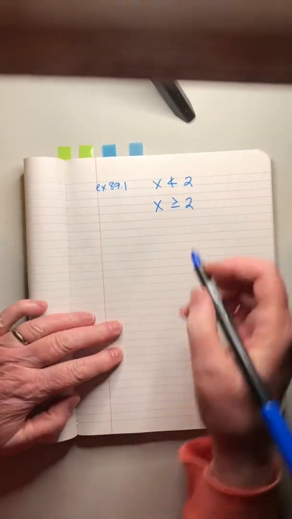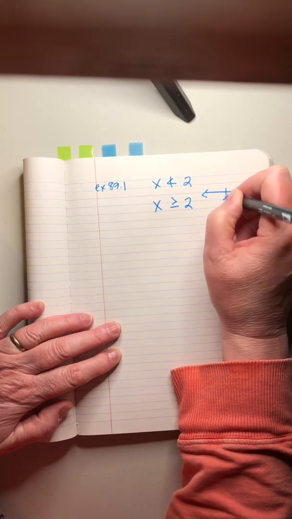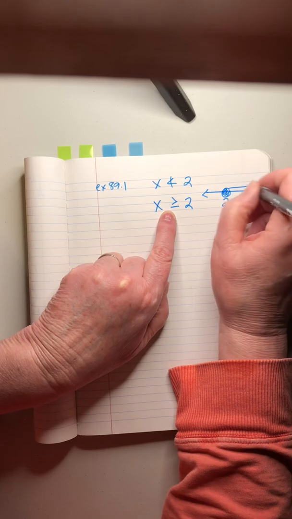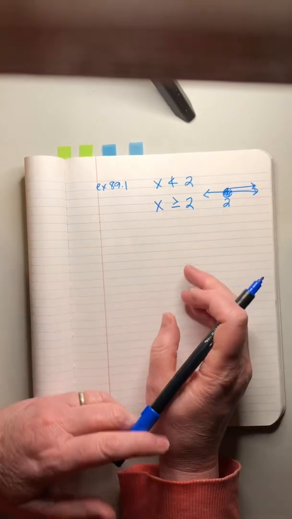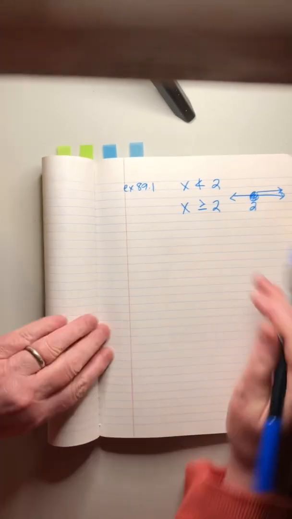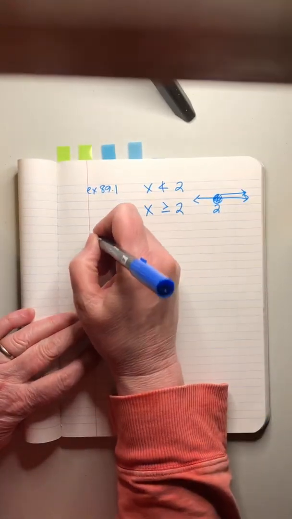And everything else stays the same, and then we graph it, and look, I'm going to just be so straightforward. Here's 2. Here's the circle. It includes 2, so I color it in. And those are all the values where x would be greater than or equal to 2. Those are all the values for x that will work. All right, example